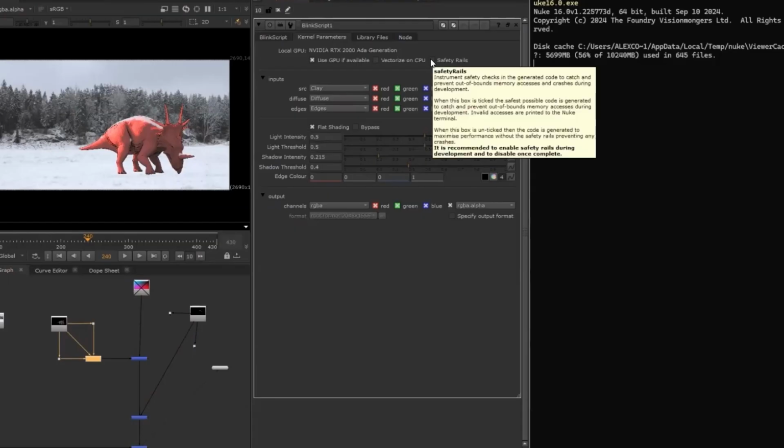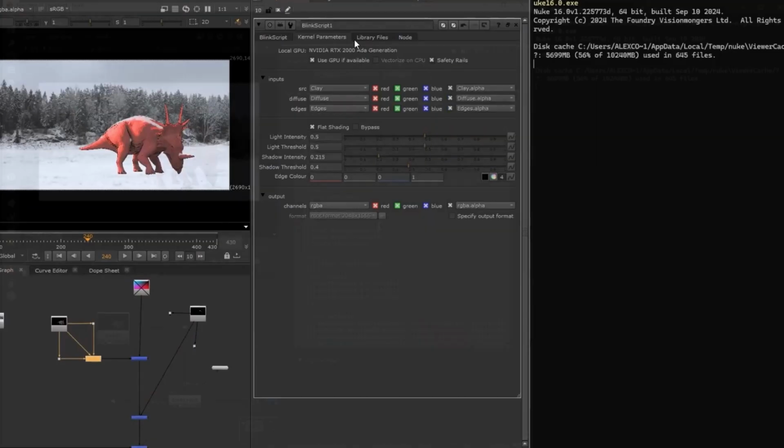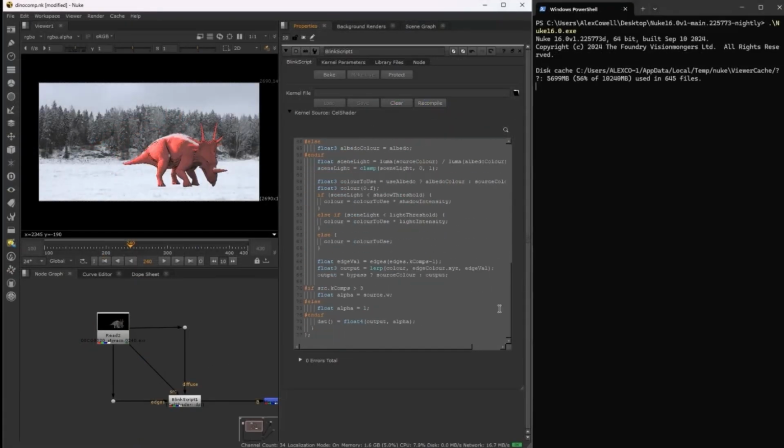We put in safety rails to guard against this during development so that when you're writing your kernel, you can be sure that the errors that would be caused by those kinds of accesses or standard crashes will be caught so that you can fix what's causing them in your kernel before you reach the stage of actually rendering or using them in production. Obviously, Blink is a tool that mostly for TDs,